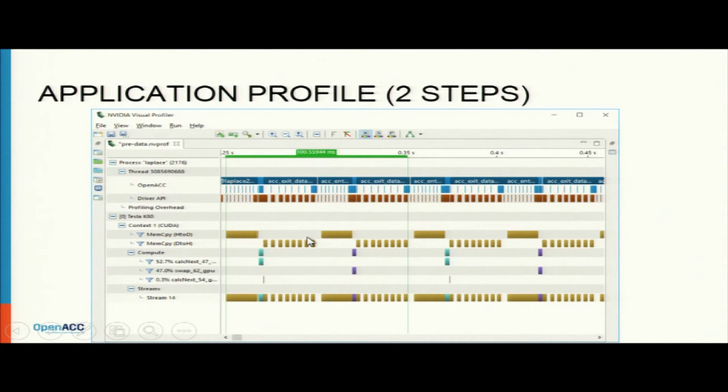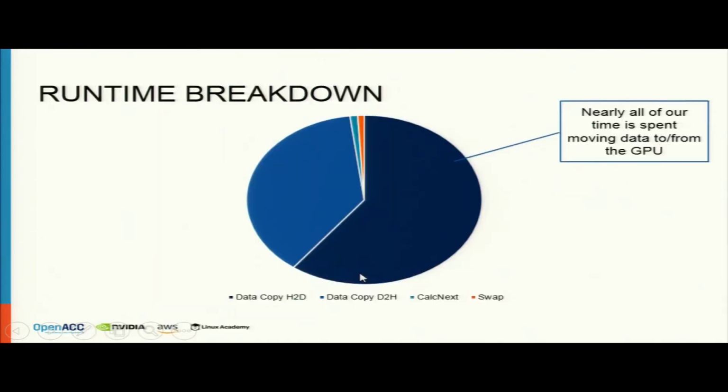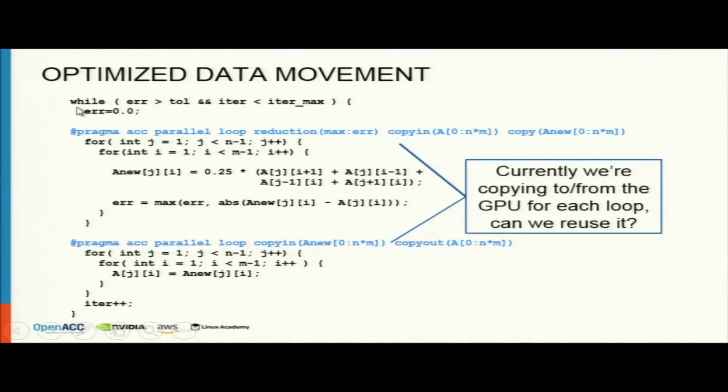In your profiler, it will be much more evident when you profile it. Most of your time will be spent in your data transfer rather than the compute part of it. So why does this happen? Because if you see, this is the outer while loop, correct? At every while loop, you are telling it copy in, copy out, copy in, copy out. It keeps on doing this again and again till the while loop finishes,